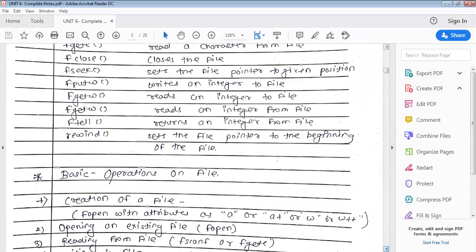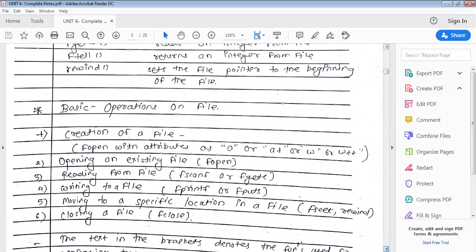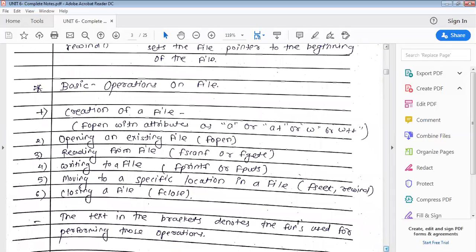Now the basic operations on a file. The operations are creation, then opening, then reading, then writing, then moving, and then closing. These are the basic 6 operations applied on a file. First, the creation of a file. In the creation of a file, we use fo